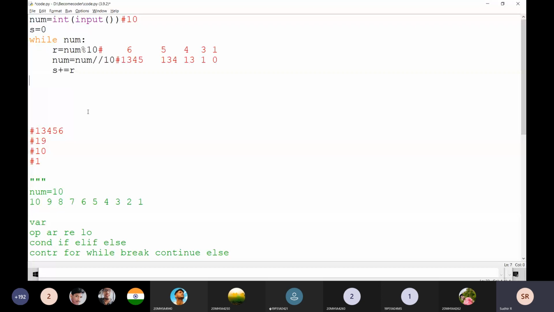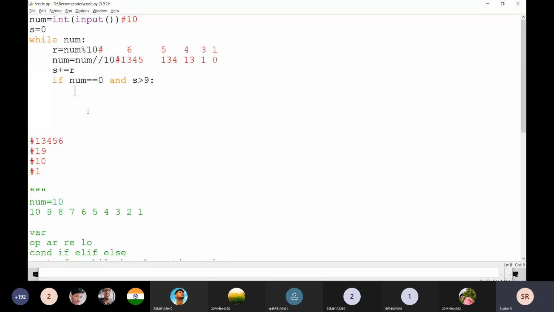I am asking a very simple question. If I add all the digits, what is the num value? Definitely that is going to be 0. Then here I am going to write: if num is equal to 0 and S value is greater than 9.